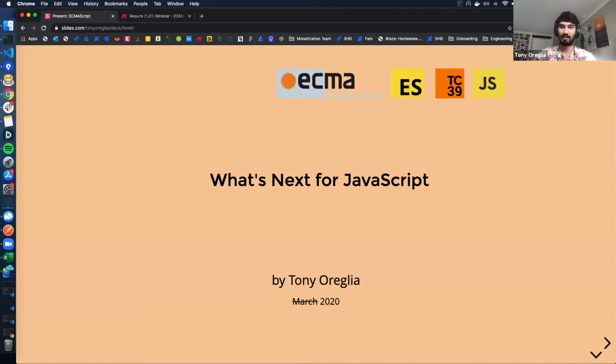And yeah, I think the features are the more interesting part of the presentation, but maybe the groups and processes might be the more important part to understand, because knowing this empowers us to get more involved in the evolution of JavaScript, and knowing what the groups are and how it all works and how it changes gives us a chance to find ways to get involved and hopefully influence the future of JavaScript.